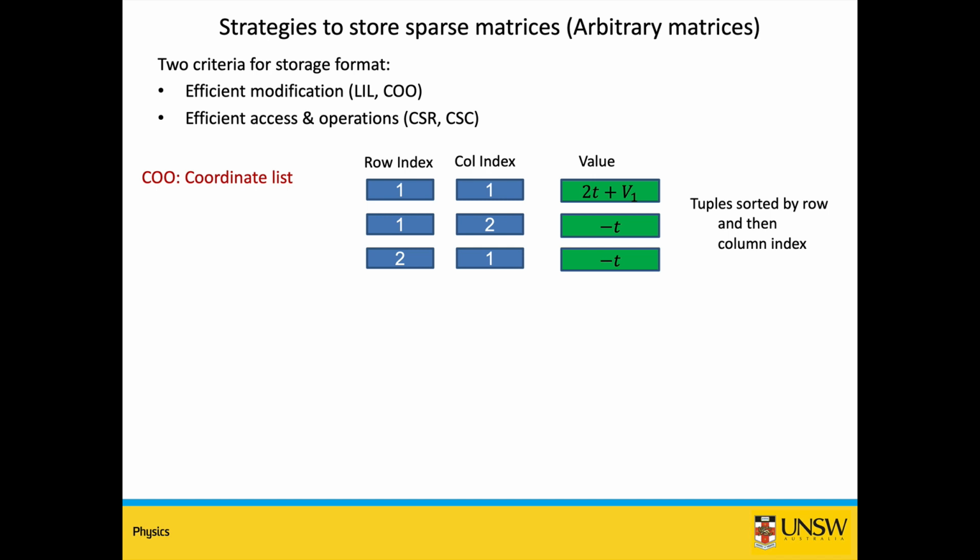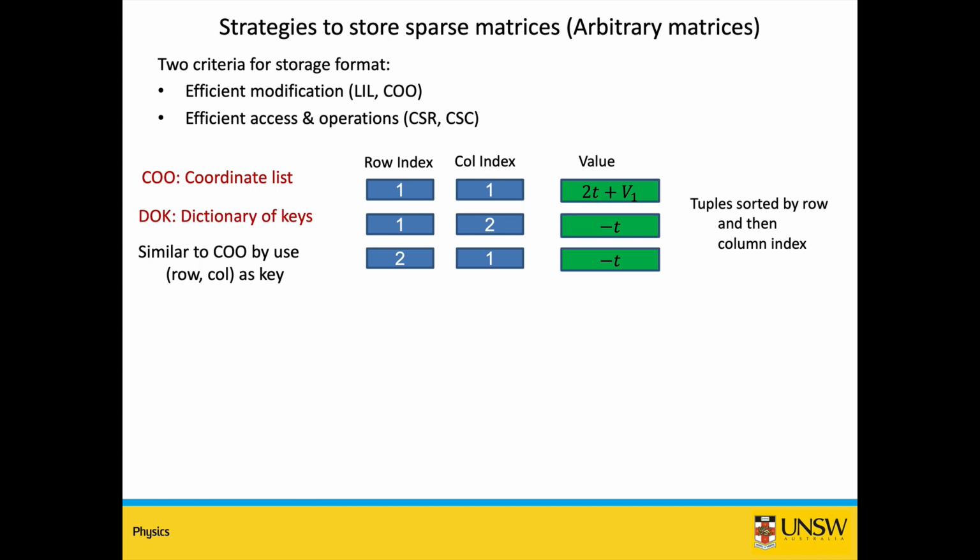But you can see that this is a bit cumbersome to manipulate because you have to loop through each of the elements to select. When you are doing a matrix operation, you have to select which elements to take, and that means you have to search the list and select particular elements. But on the other hand, it is efficient to modify this sparse matrix because you can just go into a particular row and column and change the element. Or if you want to insert an element, you can create a space in between some of the row and the column elements where that element has to be placed, and you can just insert it there.